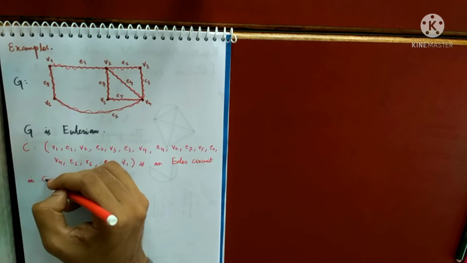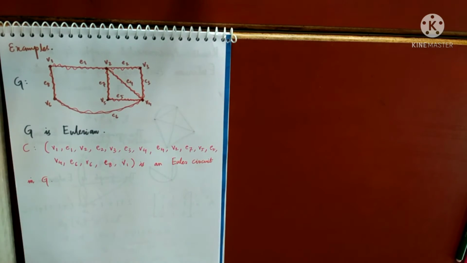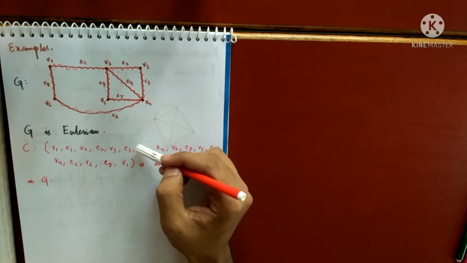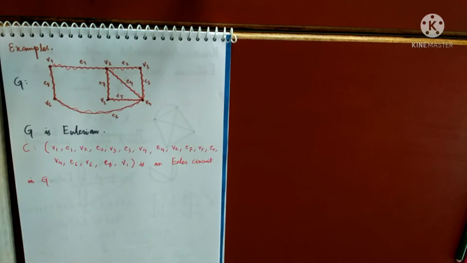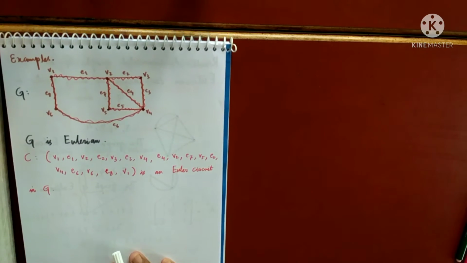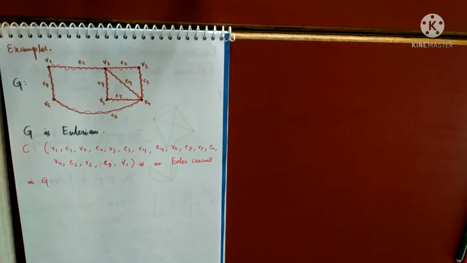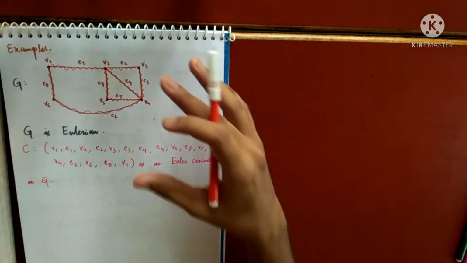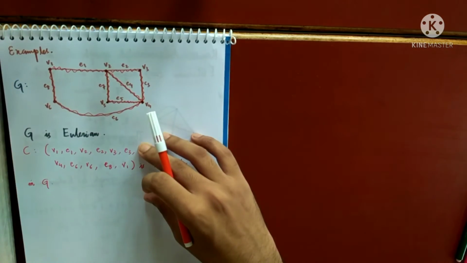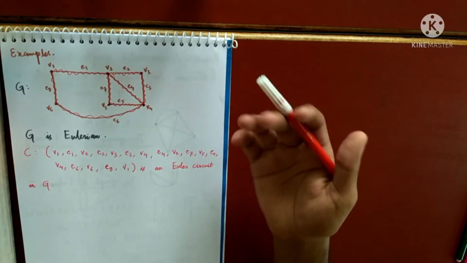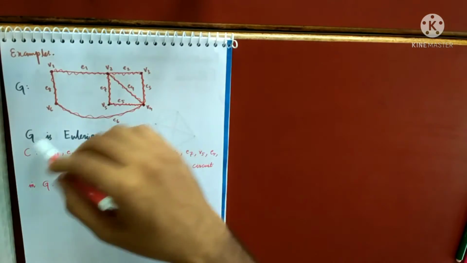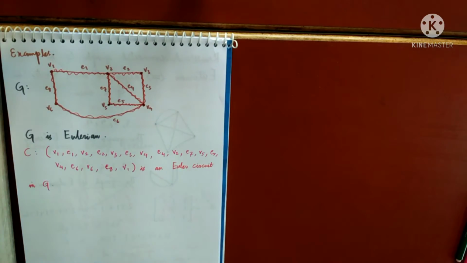in G. You could have started from any other vertex as well, because this is a circuit. You could have started at v4 and ended at v4. You can do that. Okay, so did you understand my point? I did not tell you any method to find an Euler circuit. This was just by trial. I tried and I was able to find an Euler circuit. But there is some rule or some algorithm to find the Euler circuit, which I will teach you next.